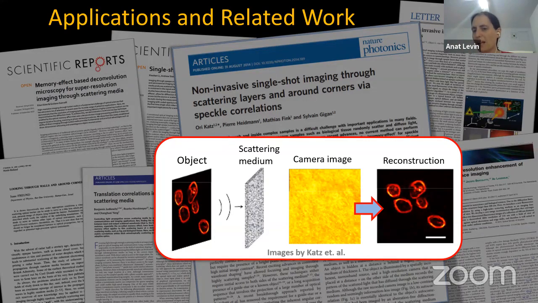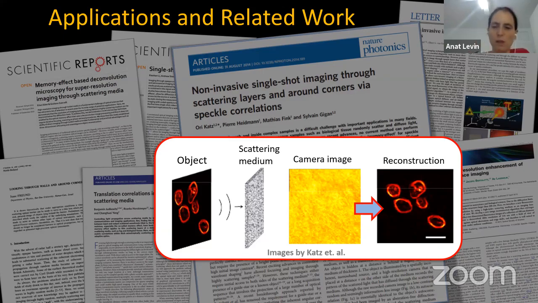And it really seems like magic, but you can explain why it works, and it's really a very simple application of the memory effect. So this is just motivation for some amazing things that you can do with speckle statistics and why we should bother to study them. So as we said, our goal in this work is to simulate speckles